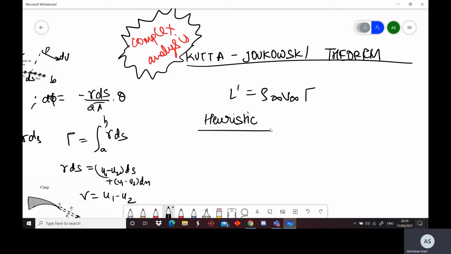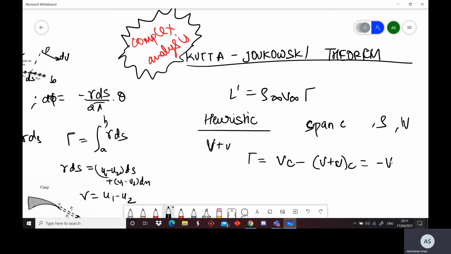So consider a thin airfoil of chord C. Then also consider a moving fluid of density rho. Density rho fluid is there, and V is the incoming velocity for the airfoil, and the outgoing velocity will be capital V plus small v, let's say. So circulation will essentially give us, by taking a dashed contour, times the span, minus capital V, minus small v, into C.